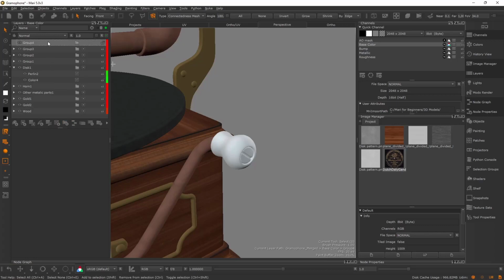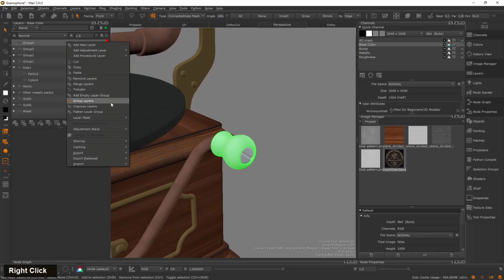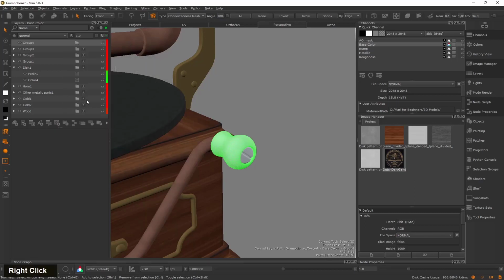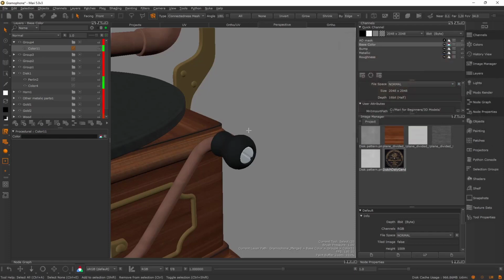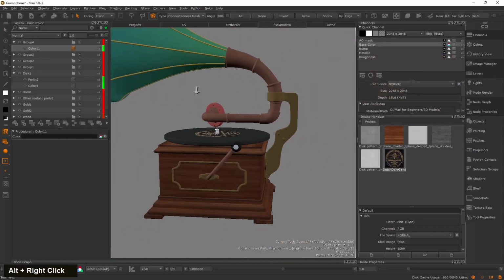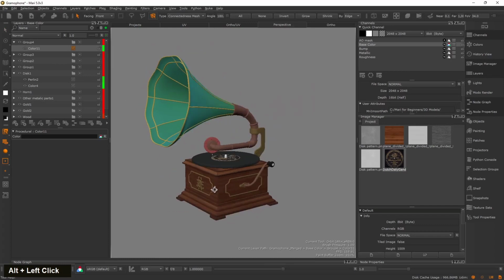Create another folder and select this part. Layer mask from selection and let's add a black color to this area. Almost black, a rubbery thing here. All right, now